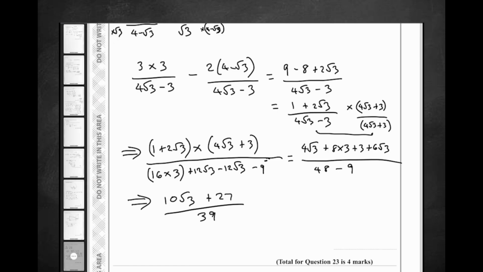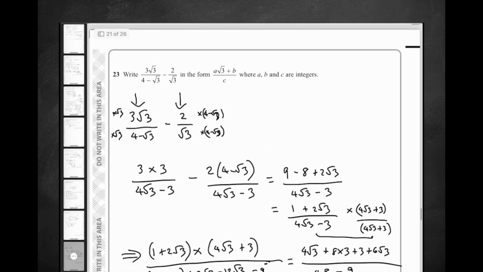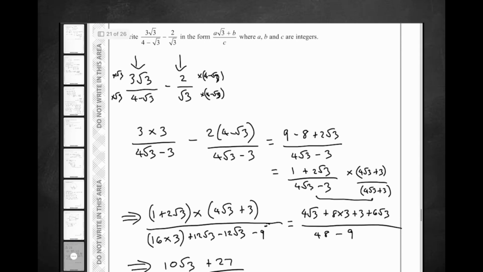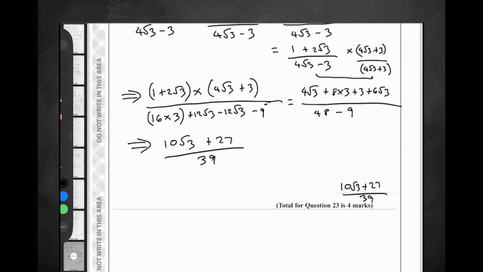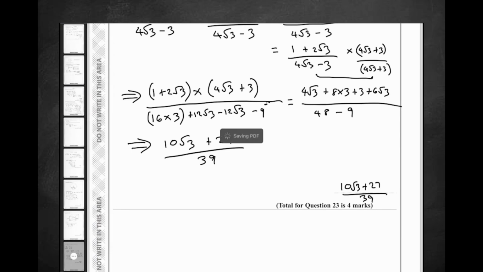which is in the format. I'll scroll back up to the top. There's a lot of root 3s flying around in this question. a root 3 plus b over c, where a, b, and c are integers. 10 root 3 plus 27 over 39. And we'll move on